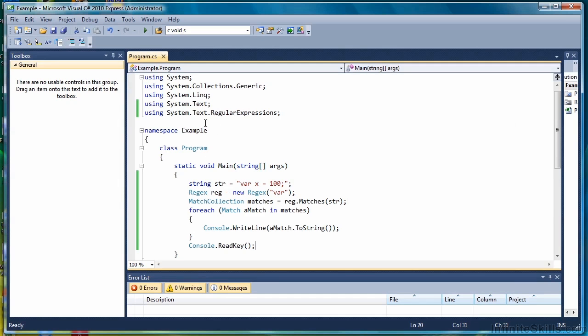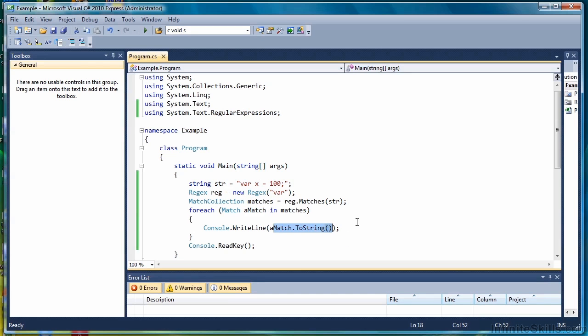So to review very quickly, to use regular expressions in C#, you have to import the regular expressions library or class. So we do that above in our imports, our using statements. Then we create, of course, a string to evaluate, a regular expression object. Then we store the result in a match collection object. That's this line right here. And then we can pull out the matches that we find, store them in their own object, and write them